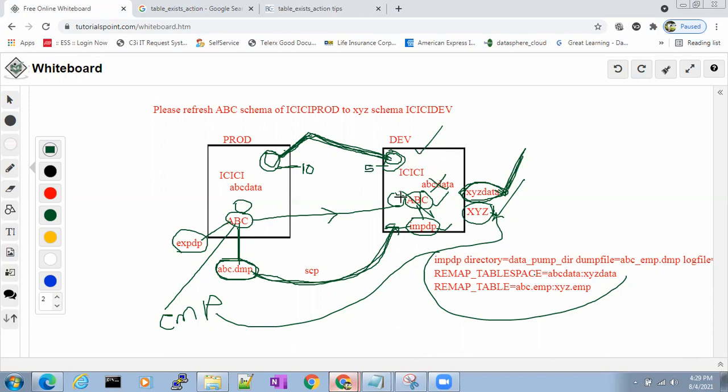I am importing the table with table_exists_action=append. So it will not touch the 5 rows, but it will import all the 10 rows. Then it will become 15. Means append. If you use append, there is an option of having duplicate rows in the table. Understood, everyone? What is append?